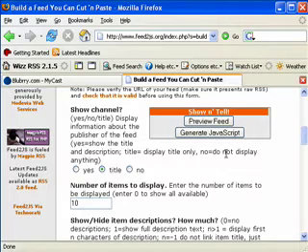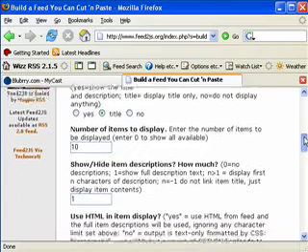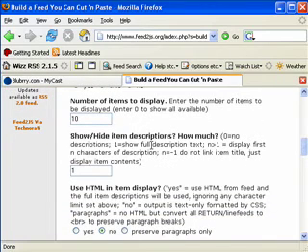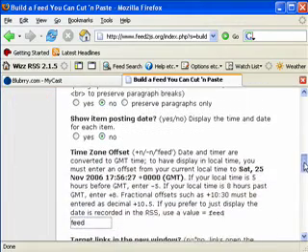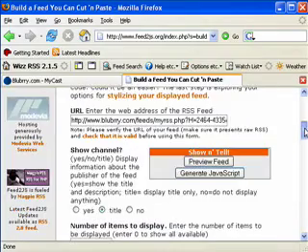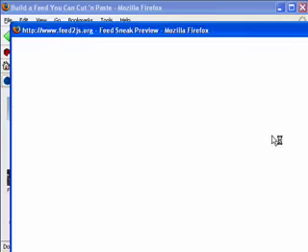If we selected no, it wouldn't display anything. And then the item descriptions, one will allow you to show the full description, or you could say 0, and that will not show the description. Let's just say I want to display the first 15 characters, and then we'd do it like that. And then use HTML on the item display. So everything we could add, show item posting dates. Just about everything here is set, and we want to see what it's going to look like. We click Preview Feed,